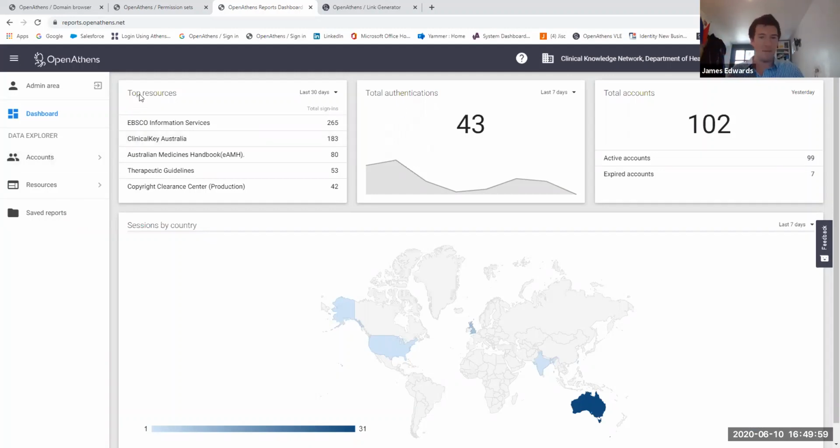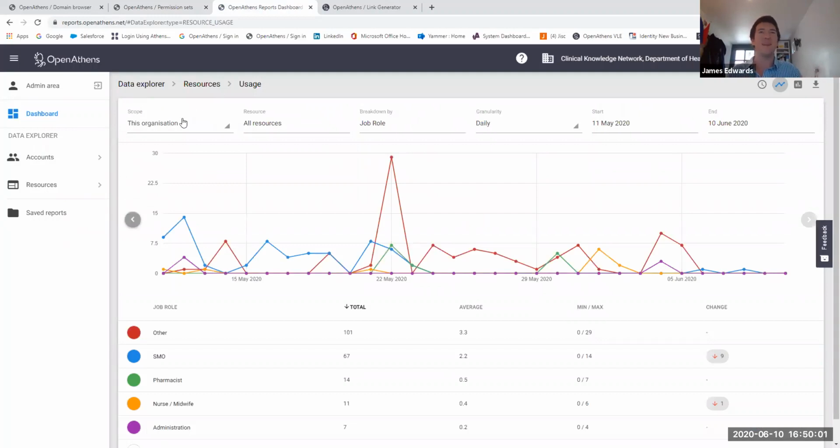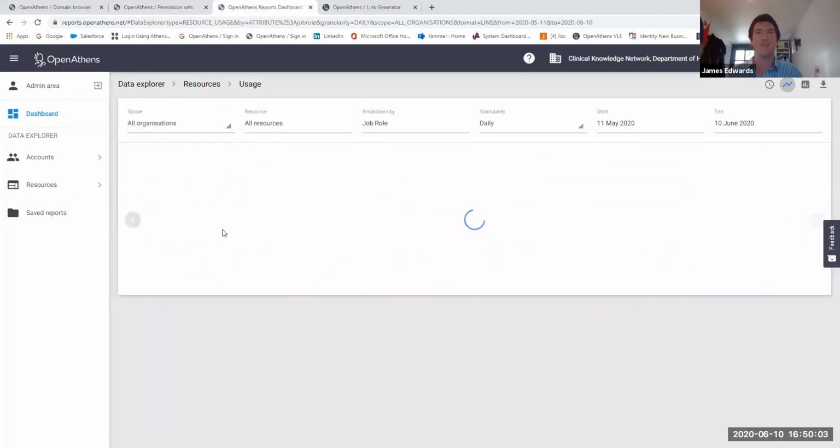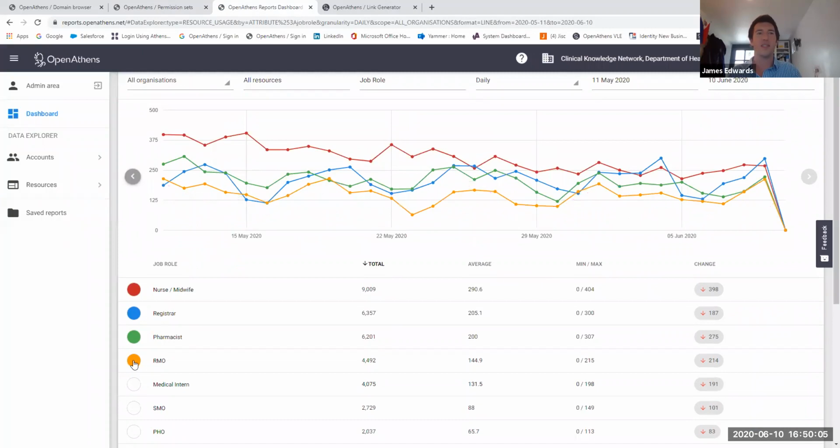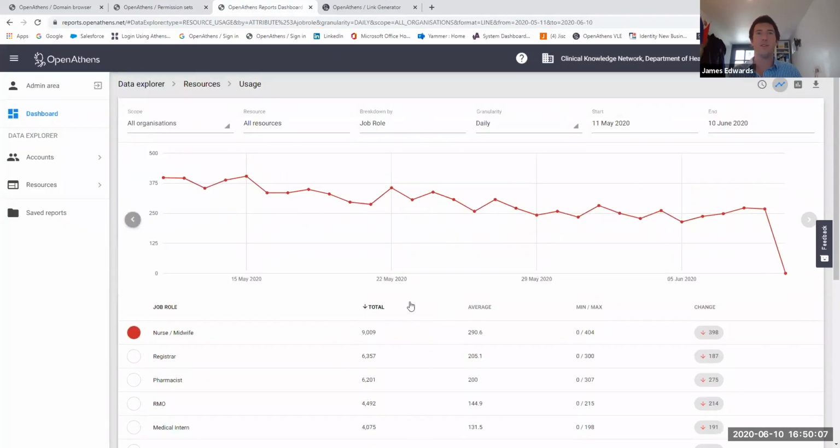As I've shown in our reporting here, you can see how we've logged this. At the moment I'm using those job roles. We've logged every time a user has accessed a resource via that job role. We don't track them once they've authenticated to a publisher site. We don't see how much they've downloaded or anything like that. We just log that authentication piece, but we can show you who that user was.